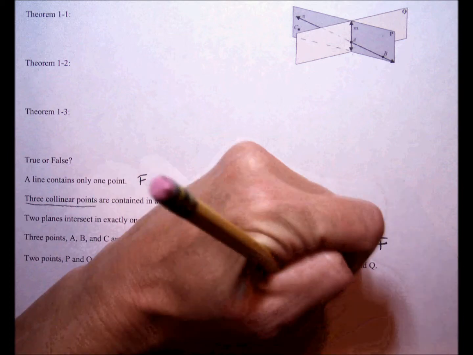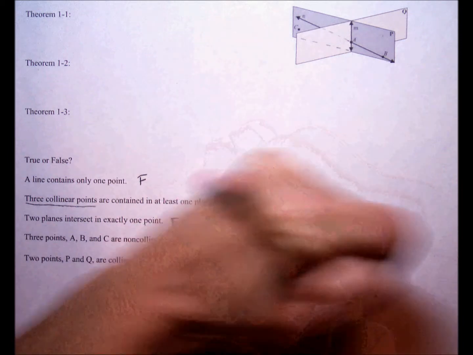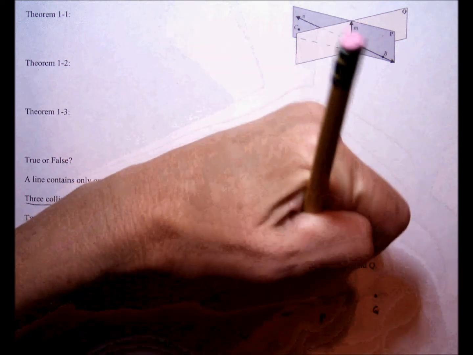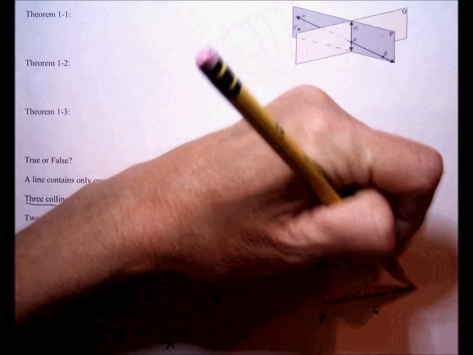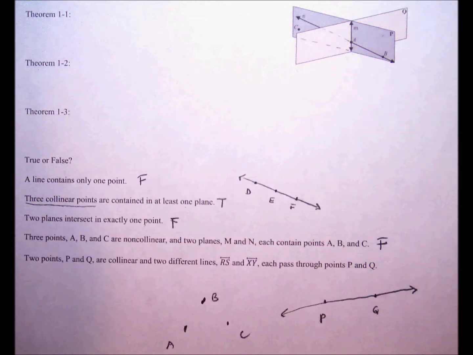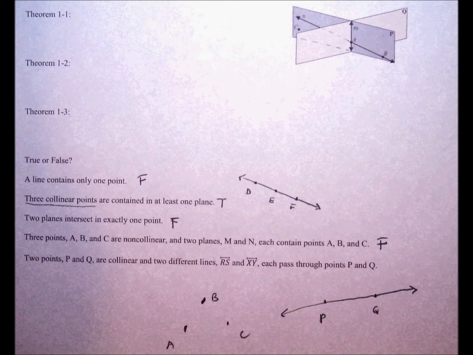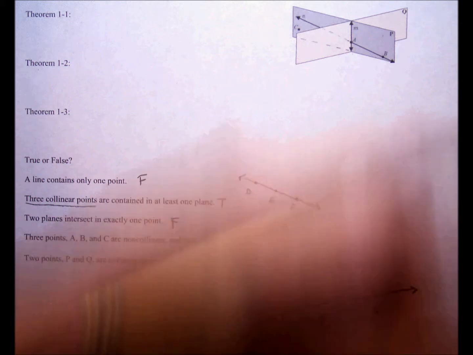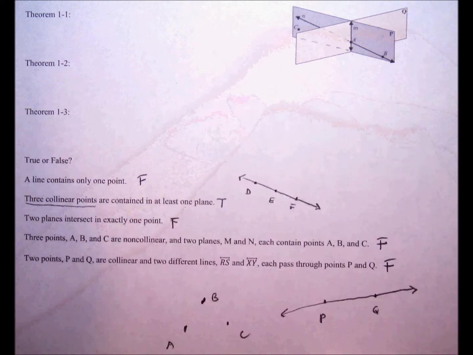Okay, two points, P and Q, are collinear, and two different lines each pass through points P and Q. Here's P, here's Q. Could two different lines pass through P and Q? There is one and only one line that passes through P and Q. There is exactly one line that passes through P and Q, so it can't be two different lines. It could be lines that could be named different things if all the points R, S, X, and Y are on that line, but